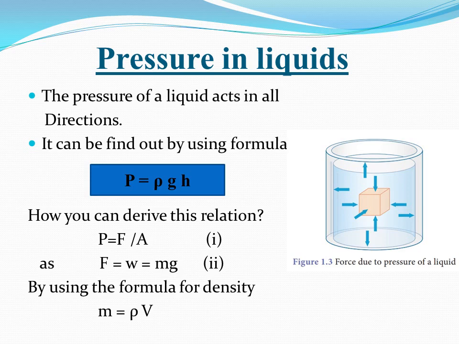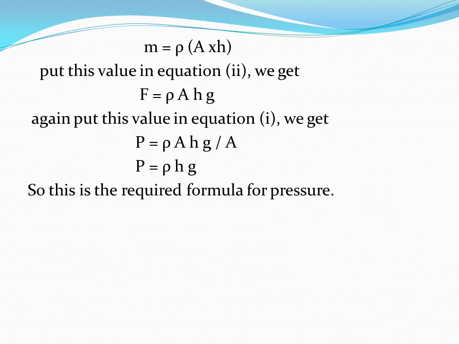Now consider the load surface area of the device. h is the height of the sensor and P is the pressure on the load surface of the pressure sensor device. Then P = F/A. P is the pressure on the load surface and it can be found out by using the formula F/A. Now this force will be equal to the weight of the liquid, which is W, and this W will be equal to mg. Now by using the formula for density, you can find the value of m, which is equal to rho multiplied by V, where rho is the density and V is the volume.